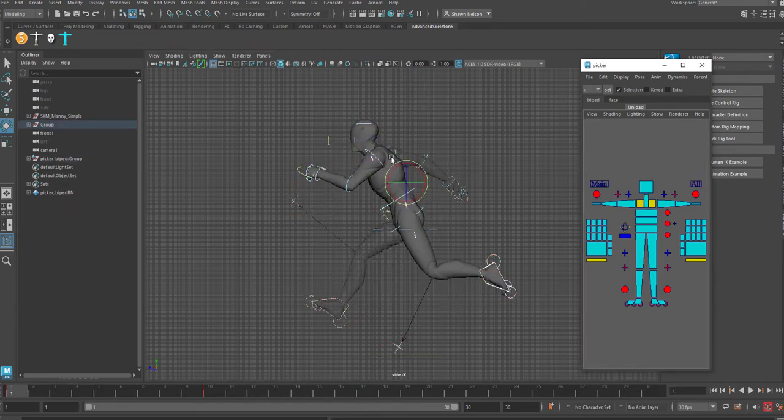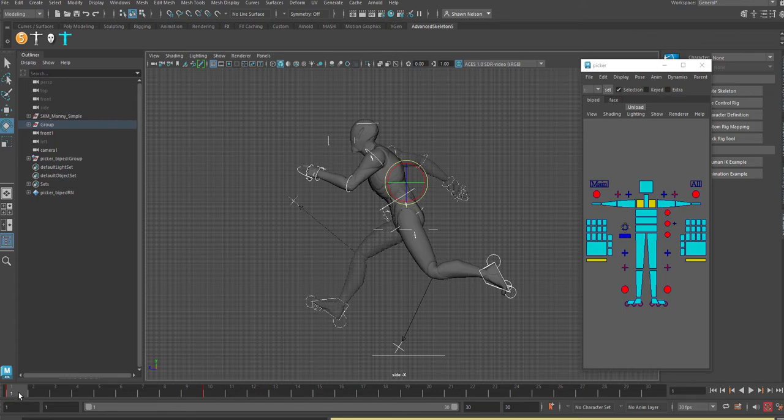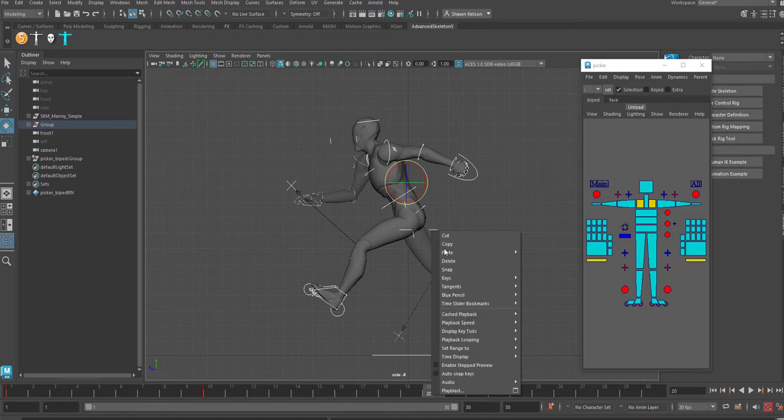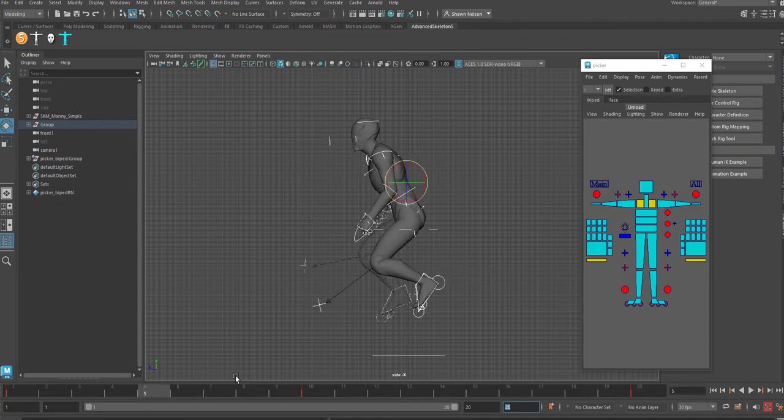Alright, then we want to select all, and we want to set a key on frame 10 and a key on frame 1, and then we want to copy frame 1 to frame 20. And we make sure that we only have 20 frames in the slider. Okay, so now between these two, we need to bring the foot down and then have it spring out again. So we're going to split these, so on frame 5,